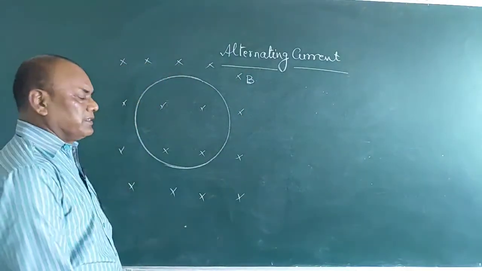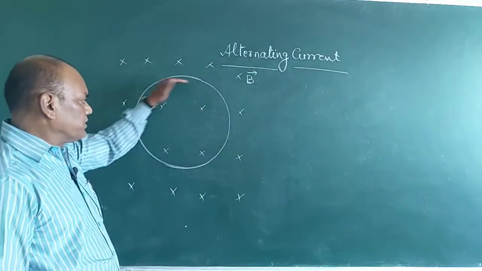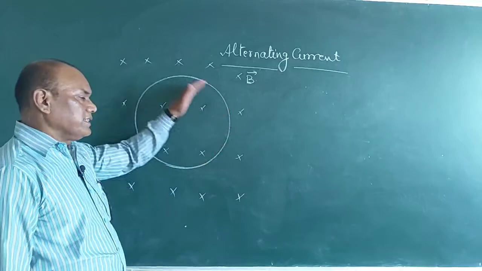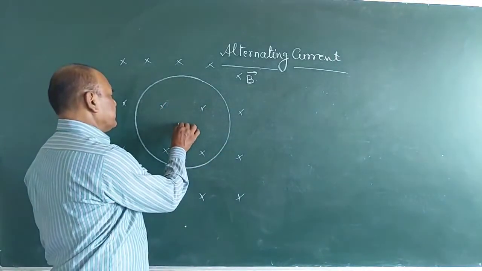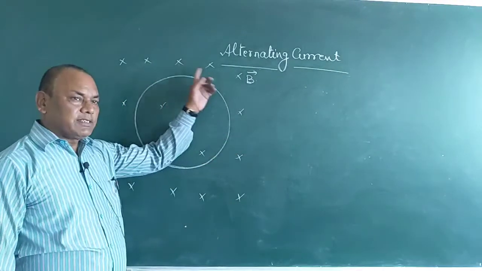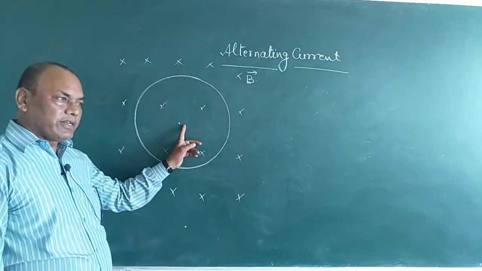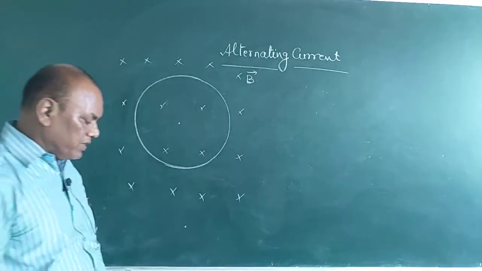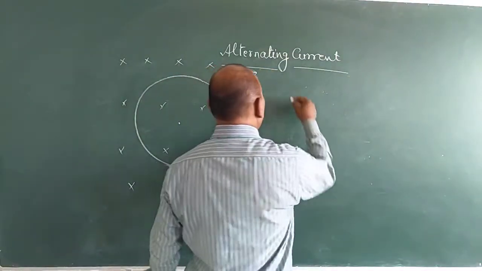Now here, this is the magnetic field. If this circular wire or this circular loop is rotating about its axis in this magnetic field, then due to the change of magnetic flux, there is a production of induced EMF, and this induced EMF can be calculated